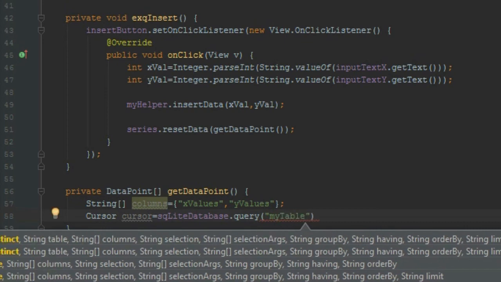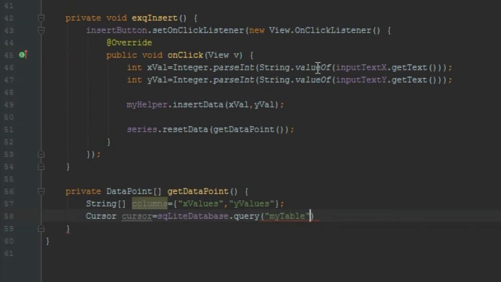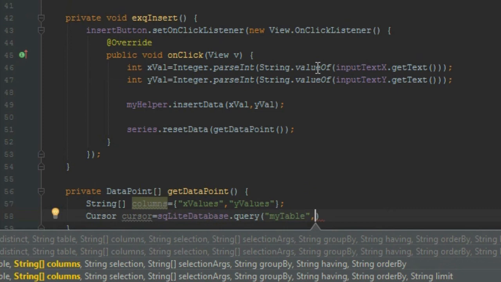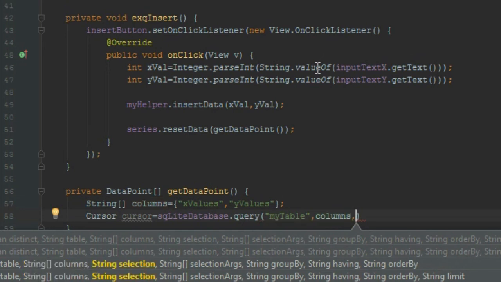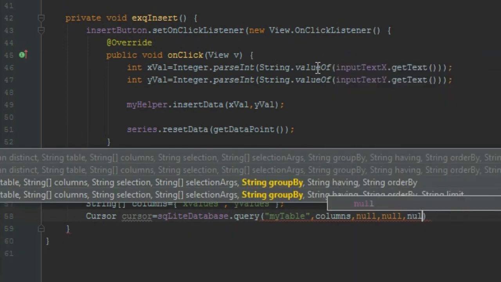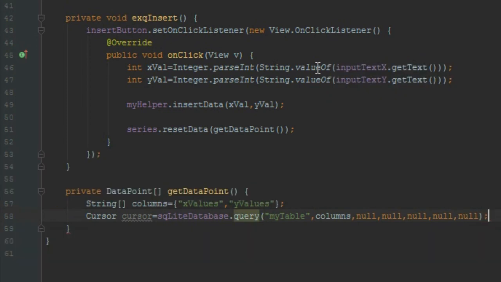You can see here table name is my table, comma, the second argument is columns, so we will put columns here. Now third argument is, we will put all null here, comma, now semicolon,